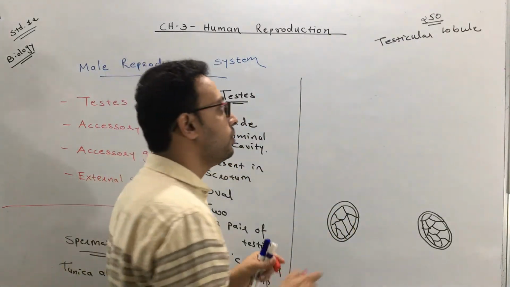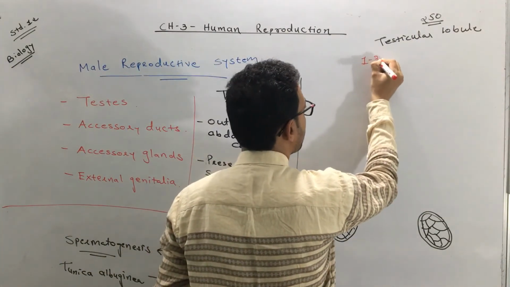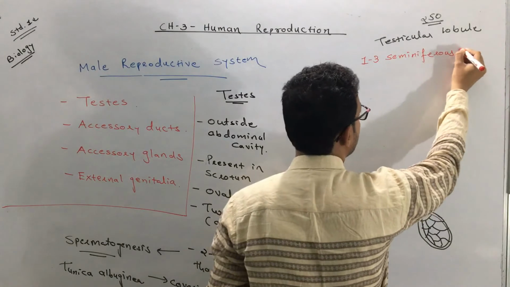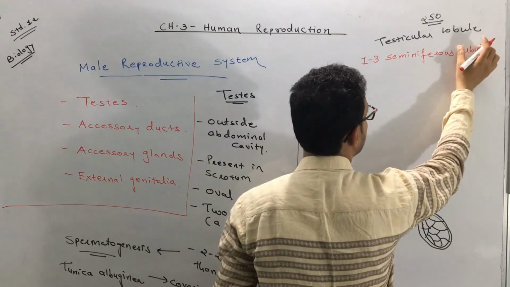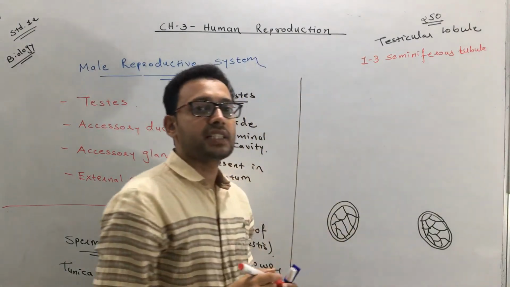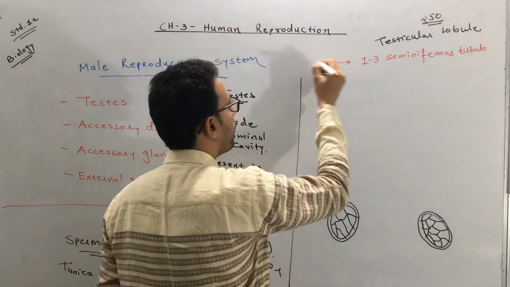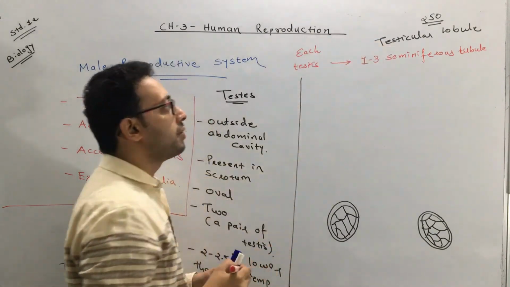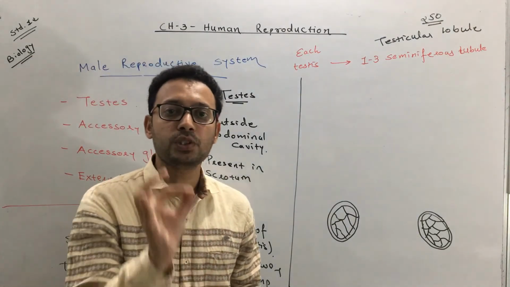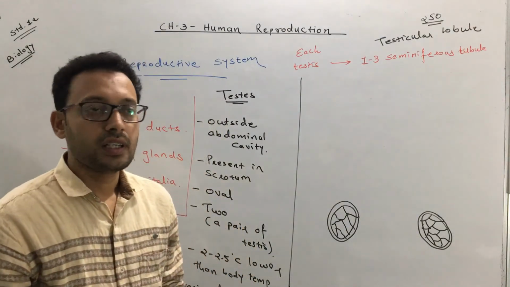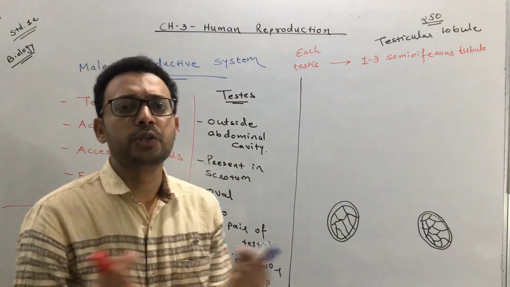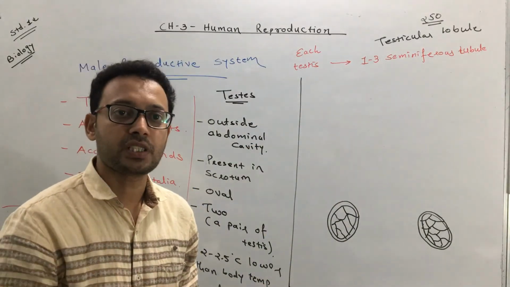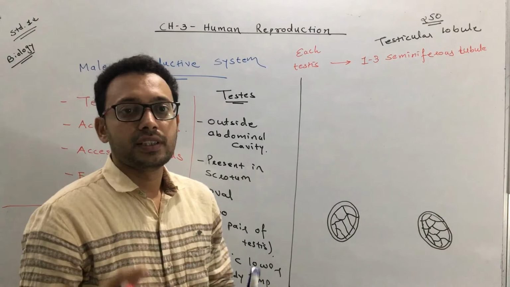Now one testicular lobule possesses 1, 2, 3 seminiferous tubules. That means in one testis, it possesses how many lobules? 1, 2, 3 seminiferous tubules are present in it. Okay. Now if you see this line, it's a tubule, meaning it's a tube-like structure. If you see these 1, 2, 3 seminiferous tubules, in each seminiferous tubule, the lining of this